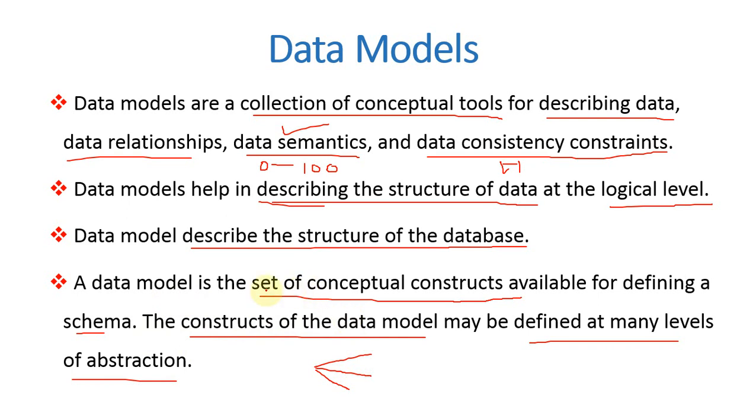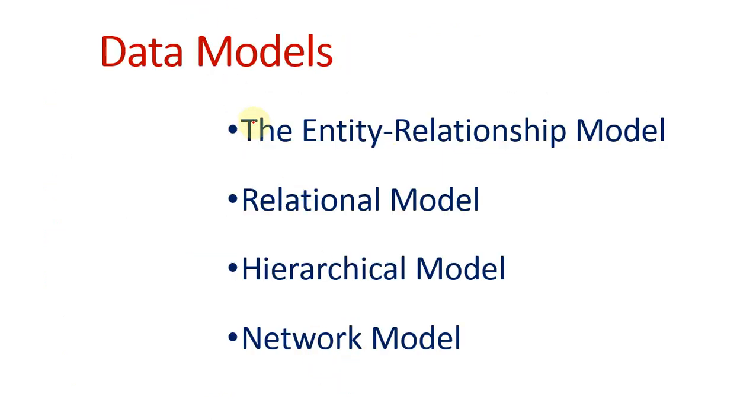By considering all these things at the time of abstraction, meaning collection of data related to the entity, we need to go for different models. So the data models are the entity relationship, or simply the ER model, and the relational model, which is a very traditional model. Then the hierarchical and network models. Basically you can make it 4, and one more thing is hybrid. Of course, if you make a mixture of any of these 4 or 3, it automatically becomes hybrid.